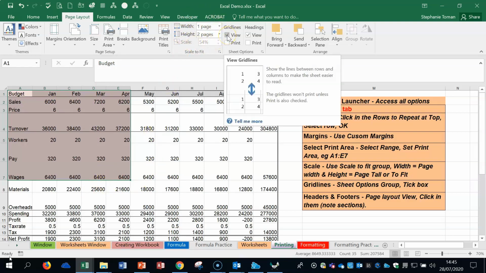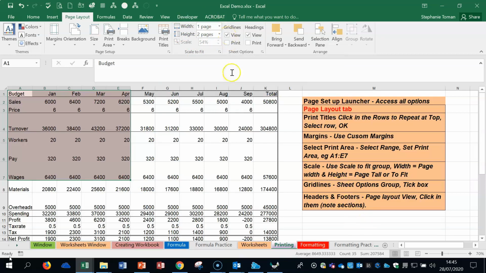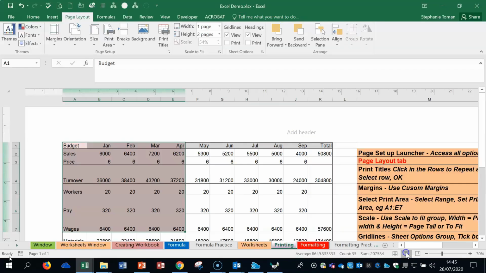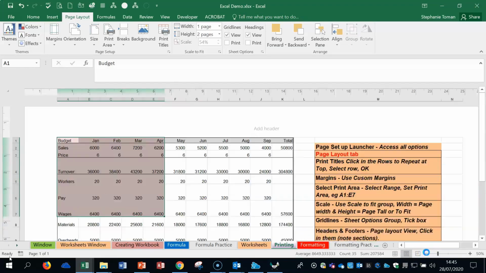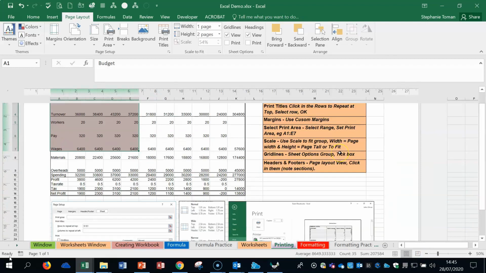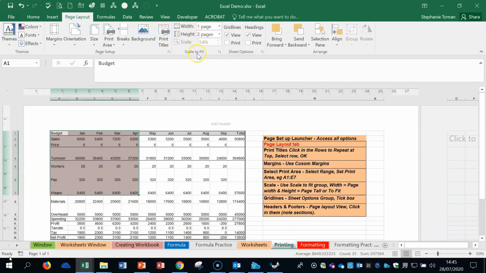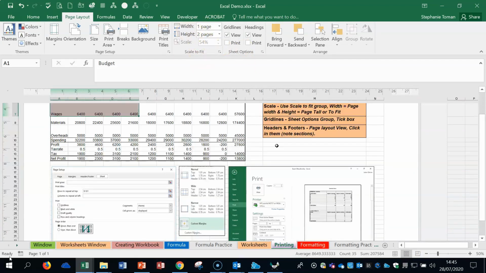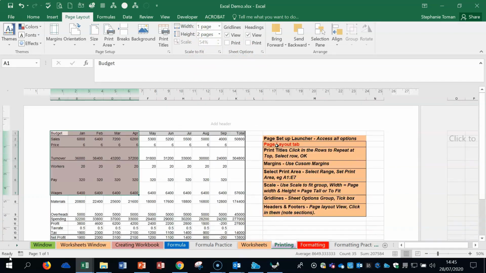With regard to scale, you've got scaling going on here. You've got grid lines here. That's the next one along. So scaling, if we look at this on a page layout, use the middle feature down here. There we go. Let's bring it down a little bit so you can see. So if we use page to fit, it's fitting 1 wide and 2 high. So if we took that to 1,